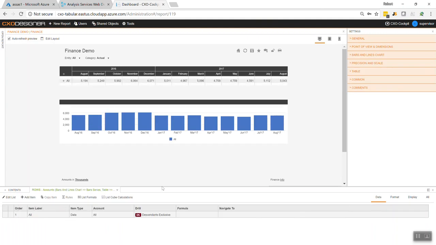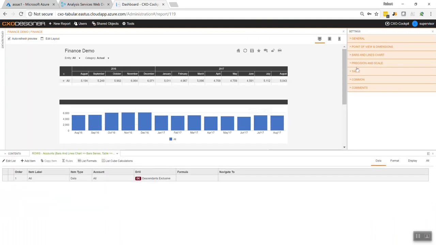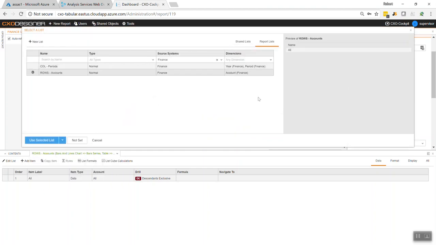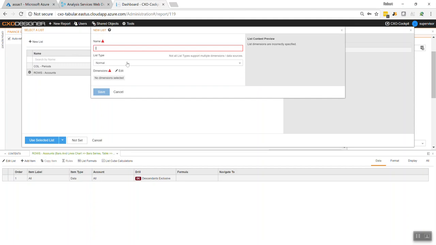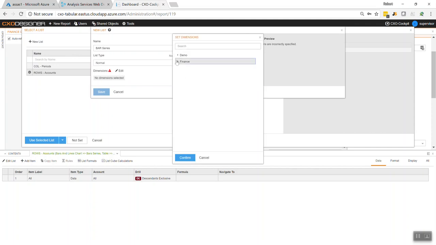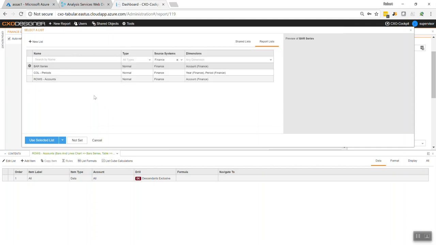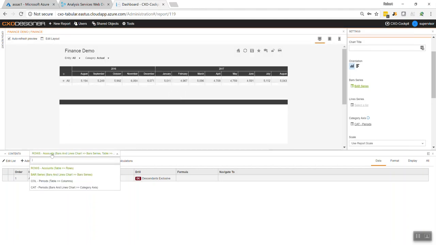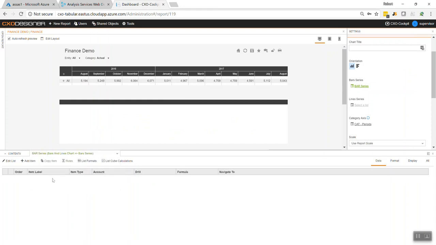Now what this does is, within our bars and line charts, we can open up our bar series. We'll edit it here, go to rows accounts, and create a new list. We'll create a new list for bar series, and all we'll have there is an account. Again, just like in my rows, but instead of naming an account, we'll use this list. And you'll see in just a second, I can now edit my bar series. It's empty because I've just created this list. So the moment I add an item,